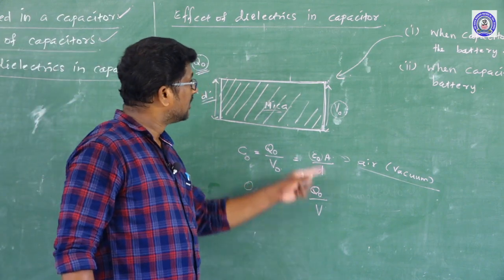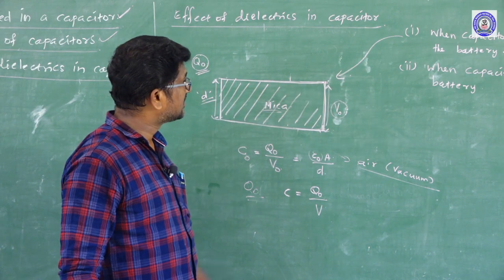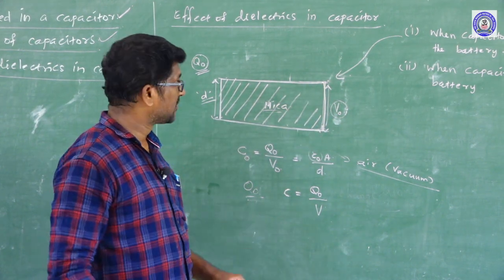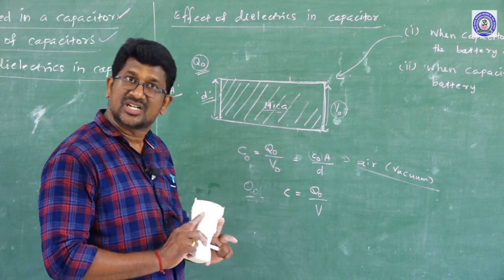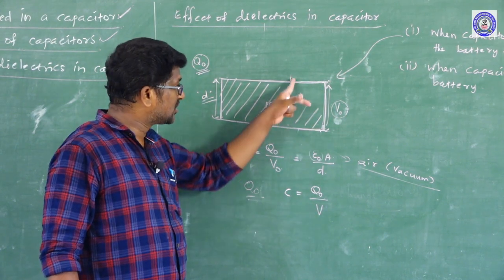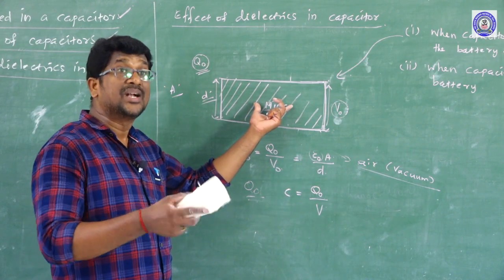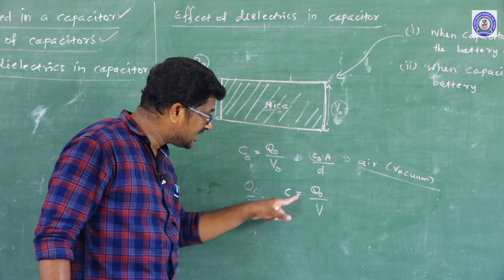This is because if the dielectric material is introduced and the battery is disconnected, the potential difference between the two plates of the capacitor changes, but the amount of charge on each plate of the capacitor does not change. So, due to the change in potential difference, the capacitance of the parallel plate capacitor changes. So, that is why the capacitance of a dielectric filled capacitor without battery is given by C is equal to Q